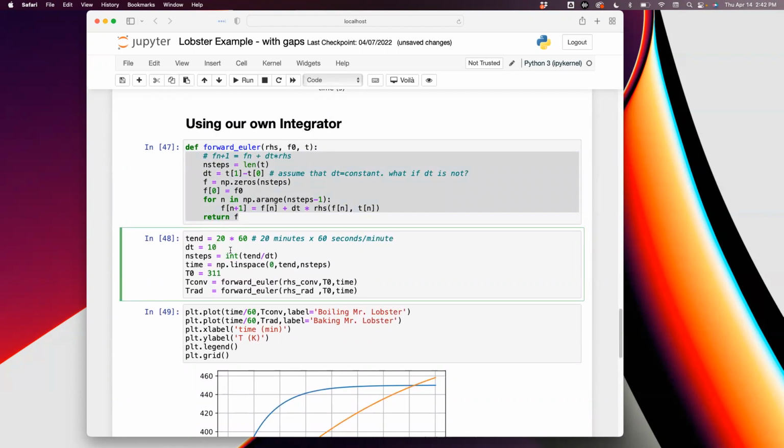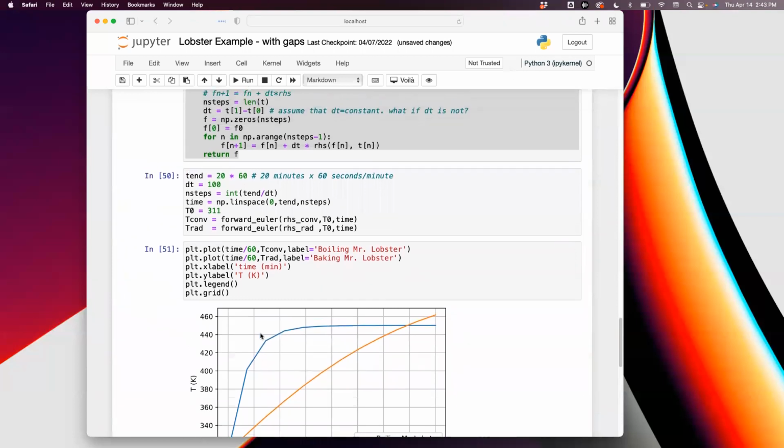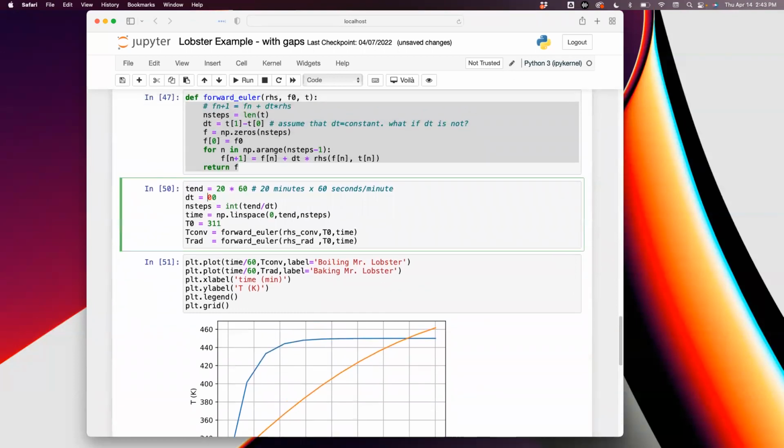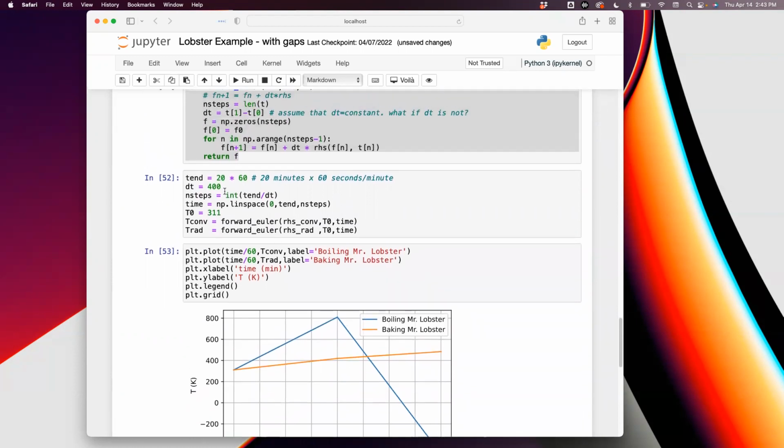Okay. So now I'm going to do something a little exploratory. I'm going to make my time step equal 100. Okay. And let's see if it's working. Oh, okay, it's going to work. I'm going to now make my time step, let's say 400. Whoa. When I put my time step equal to 400, it got really messed up, right? At least for the boiling Mr. Lobster case. Right, so if I go to 350, let's say,